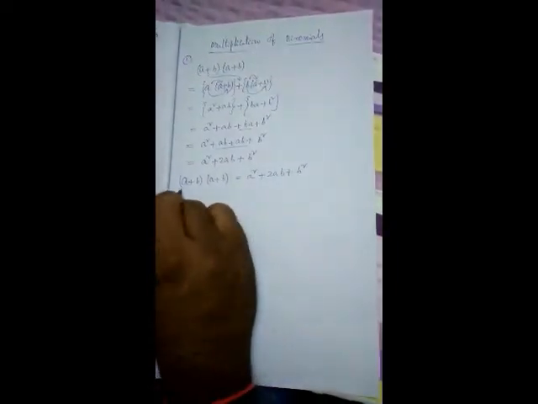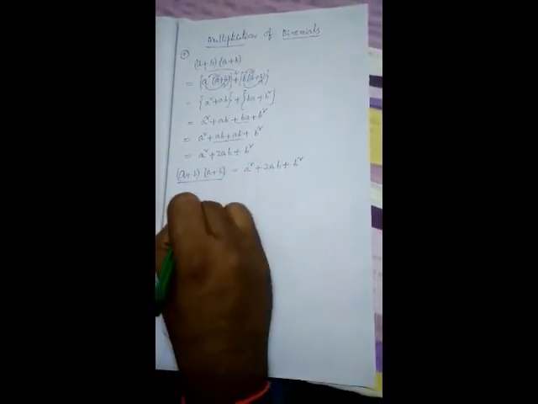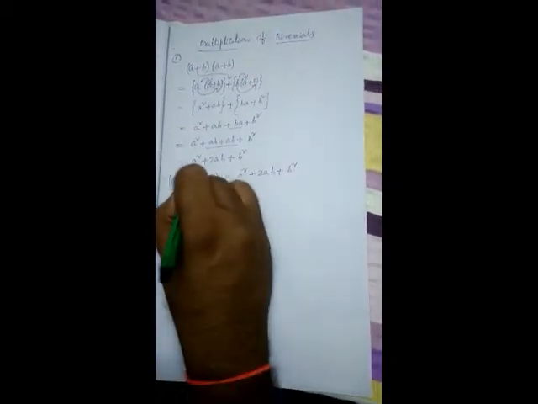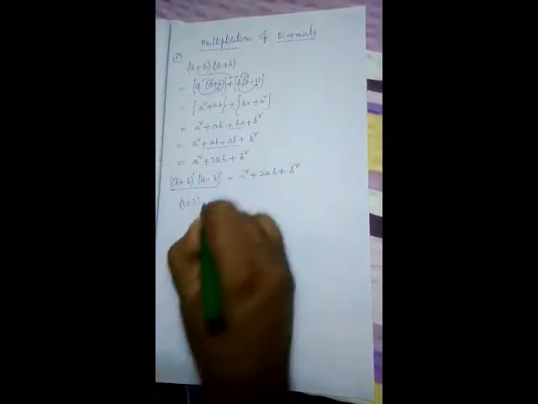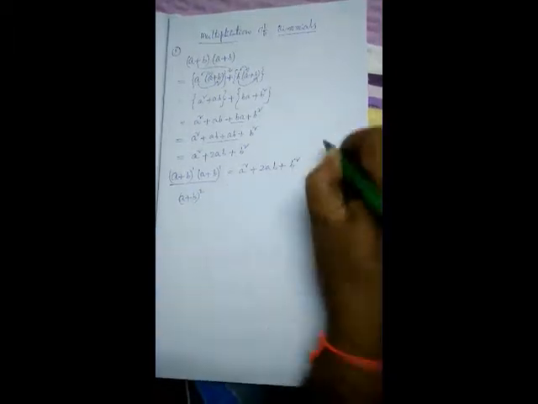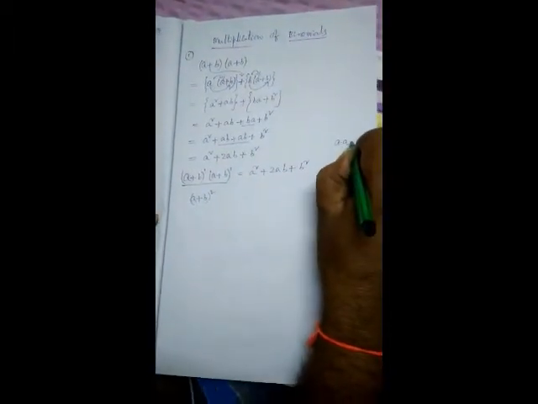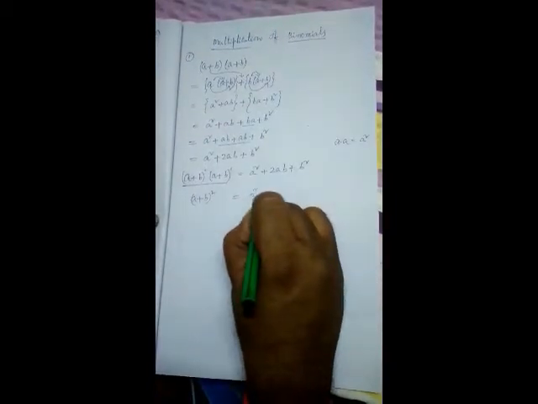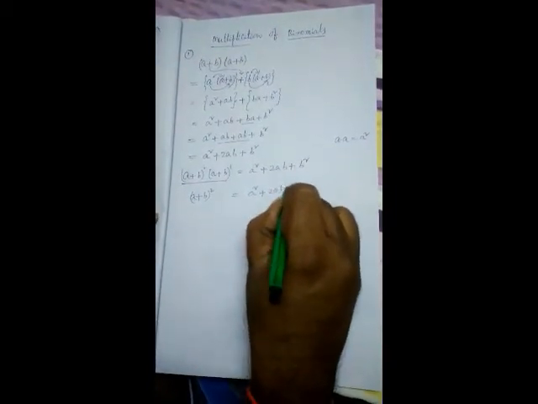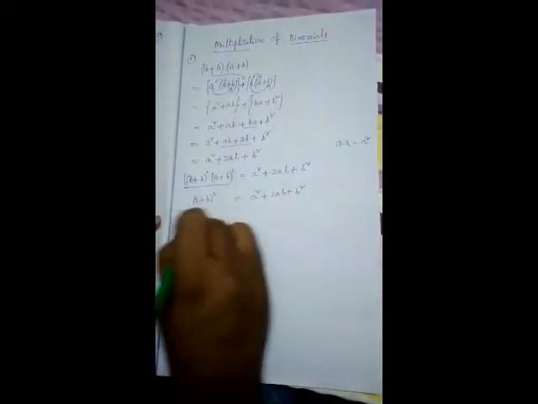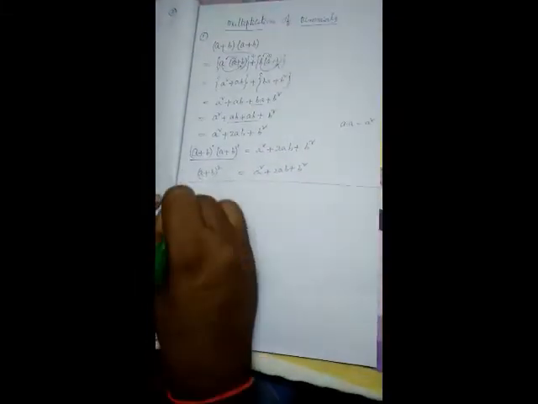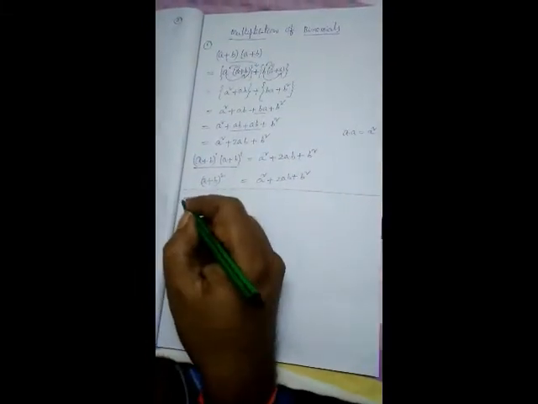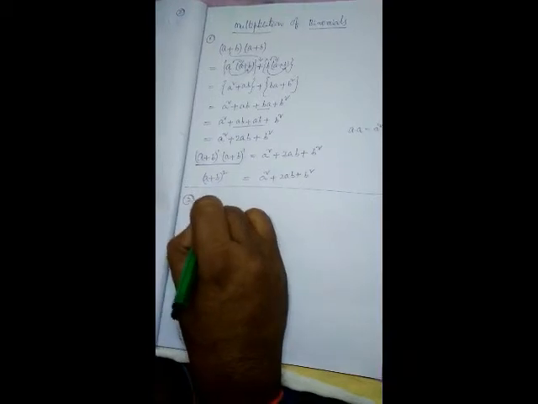This is in product form. I can write it in exponential form: (a + b) to the power of 1 into (a + b) to the power of 1 is nothing but (a + b) whole square, like a into a is a square. (a + b) whole square is equal to a square plus 2ab plus b square. This is one identity. We are going to learn the second identity, or second special product.